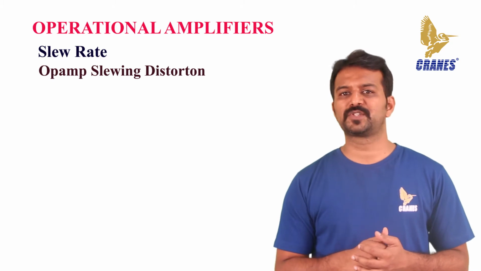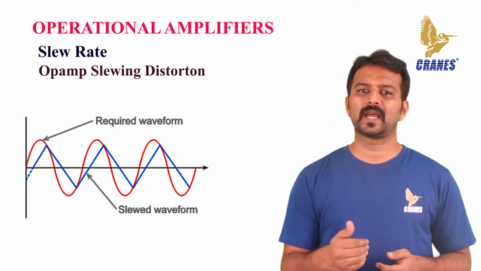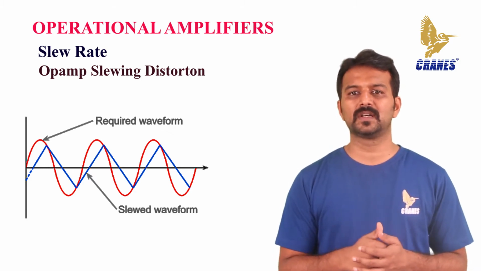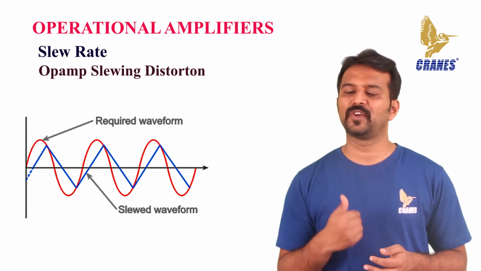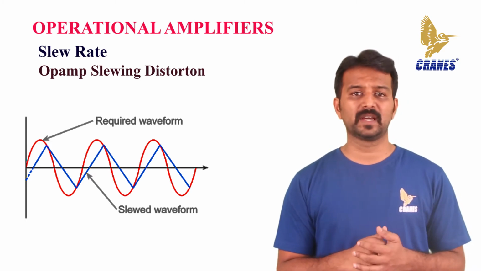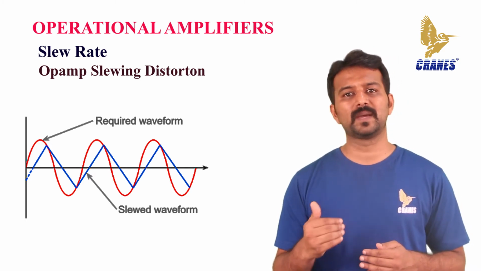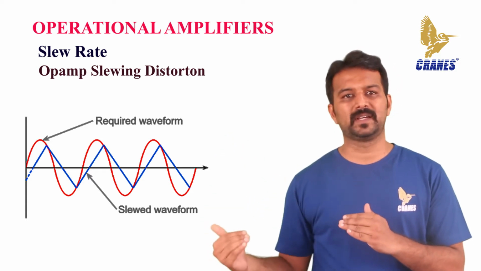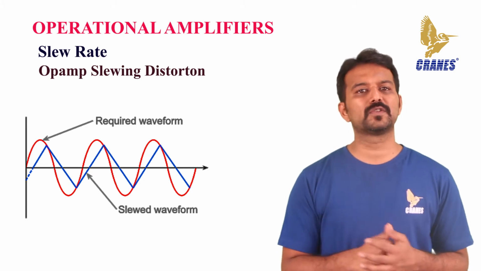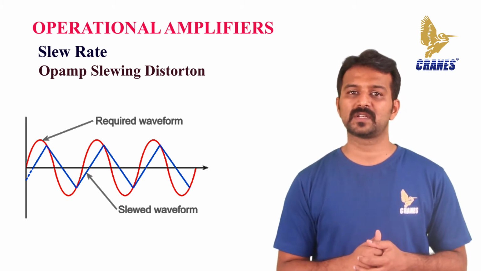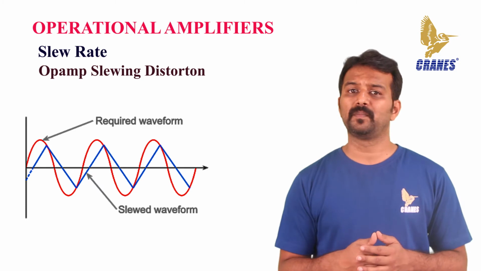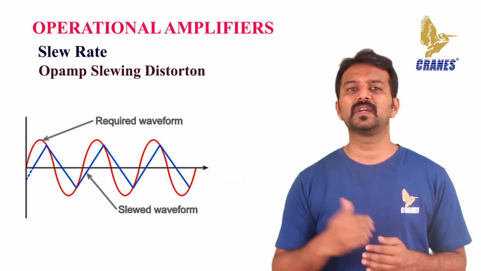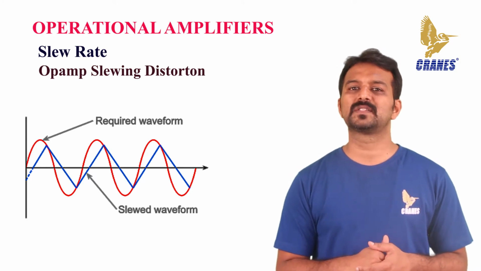So, op amp slewing distortion. As can be seen in the diagram, the limit of the op amp slewing will result in the creation of a triangular waveform. If the frequency is increased, the op amp will be less able to keep up, and therefore the amplitude of the output waveform will decrease. The slew rate may also not be linear over the whole range. As a result, the waveform might exhibit a faster rise for the first part of the change, then reverting to the more expected slew rate.